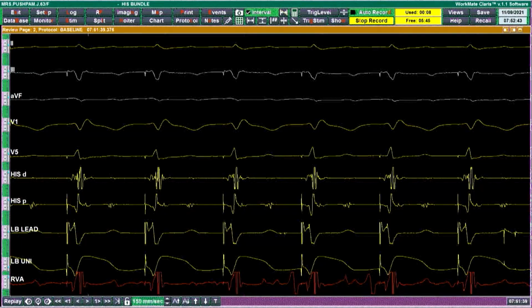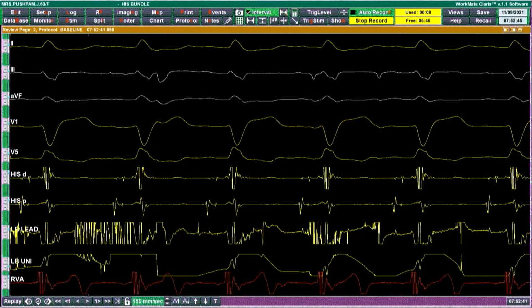That means that you have not crossed the septum, and threshold 0.3 again confirms you are still in the septum, you have not penetrated it. The QRS morphology also doesn't change, confirming that you are still in the septum, not inside the left ventricle. So I think this is a reasonably good position, and sir, we can accept this position. Yes, looks very good.